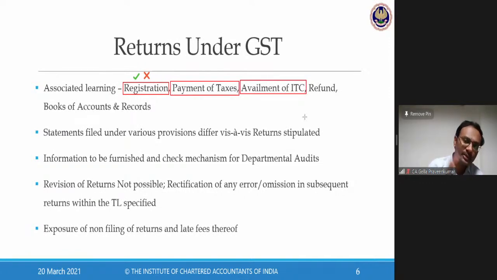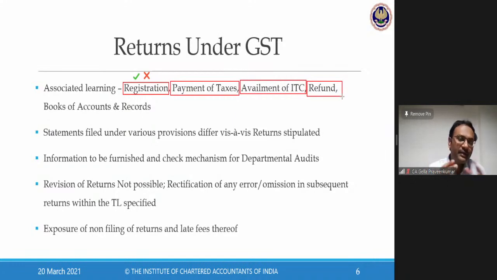Reason, when we talked about section 16 and section 41, we all understood that my credit is coming into the electronic credit ledger on a provisional basis. How? When I file my return. So important: only when I file my return, my input tax credit, that is the electronic credit ledger, gets updated. The next important aspect is called refund. Majority of you, once you get qualified, one way or the other, will get yourself entitled or entangled with this term called refund.